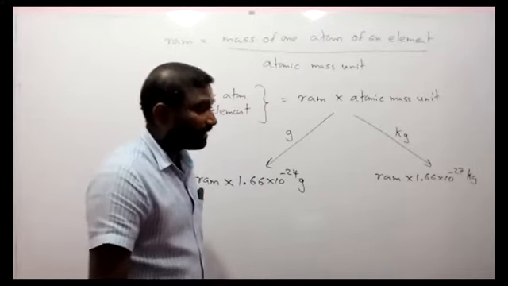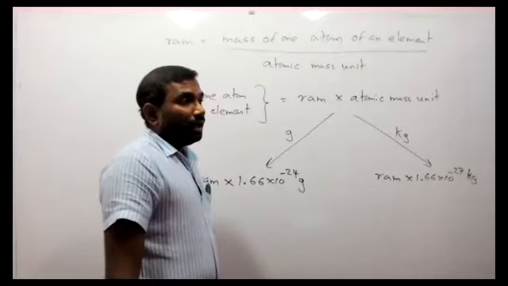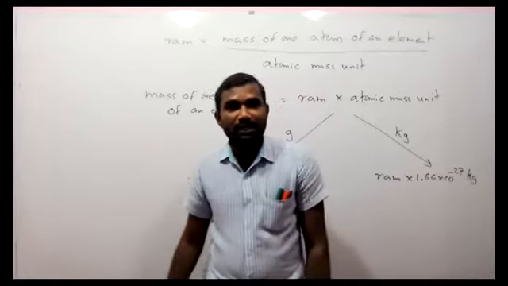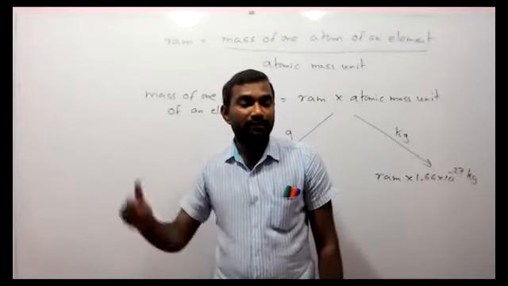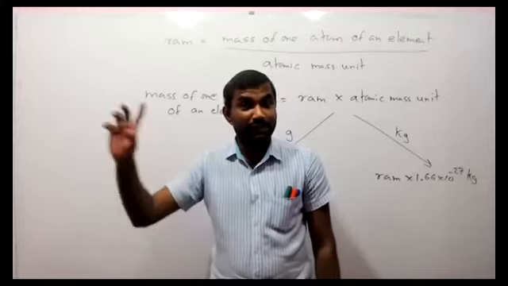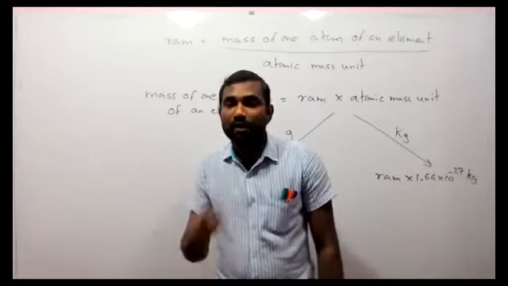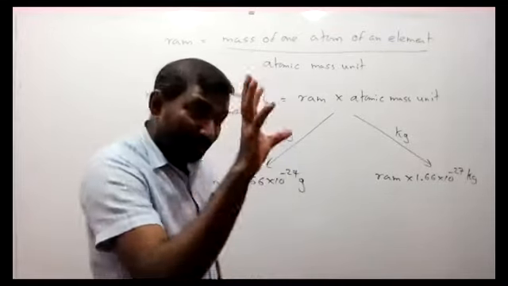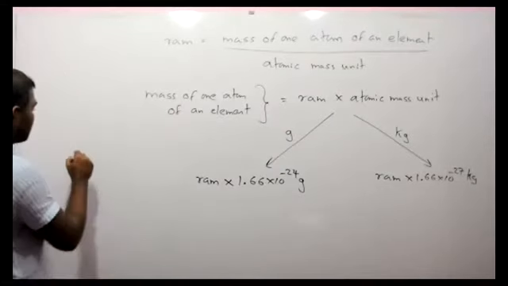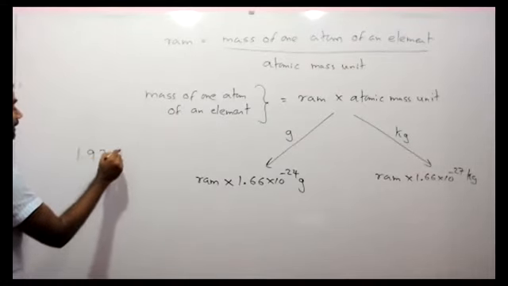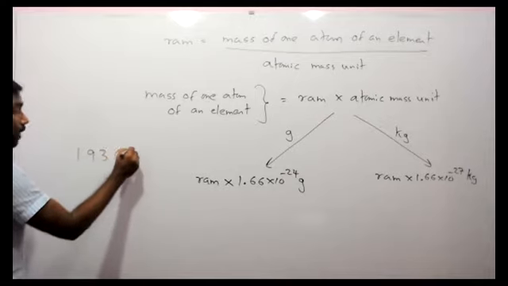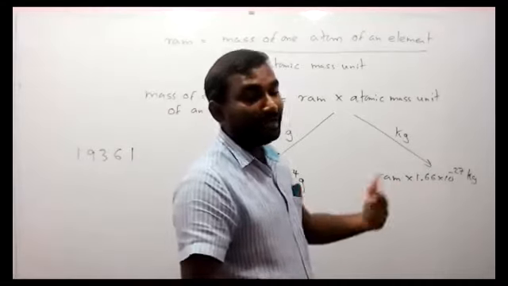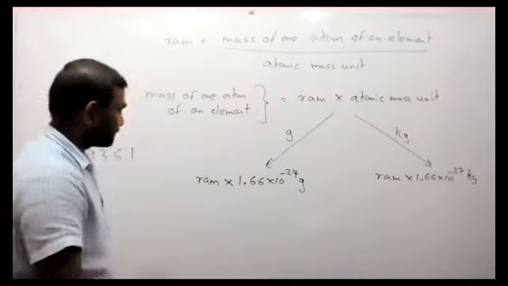Okay, remember children, there was one of my friends. He did bioscience when I was doing my A levels. In my year, he did bio. He was the 178th student. I can't remember my Z score, but I can remember his Z score. His Z score was, children, 1.9361. Even today I can remember it, because every year I tell this to students.